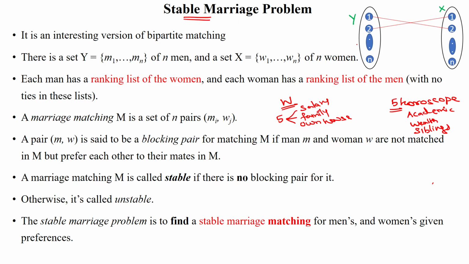The stable marriage, in the sense here, means any man should match with a single woman, and any woman should match with a single man. That is the criteria here. So based upon that we have the subset Y which has n number of boys, and subset X which has n number of girls. Here each girl has her own ranking list, and like that each boy also has his own ranking